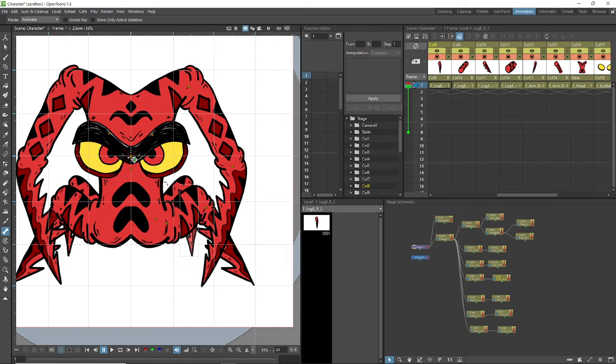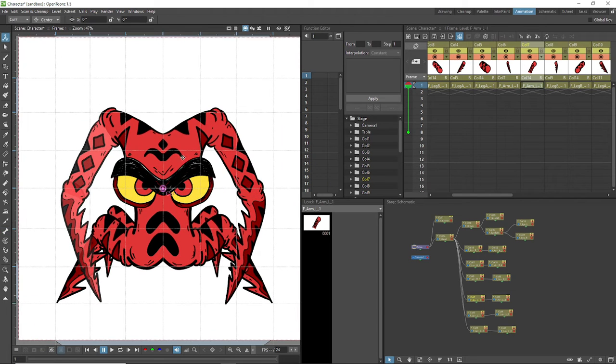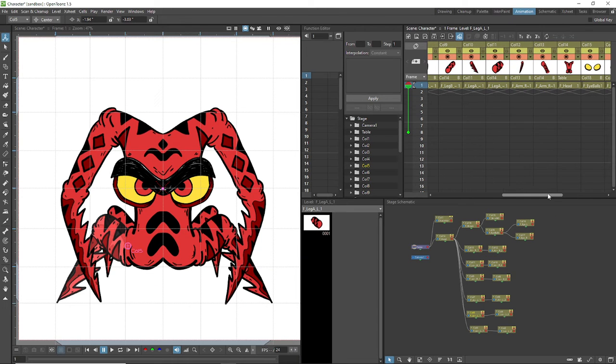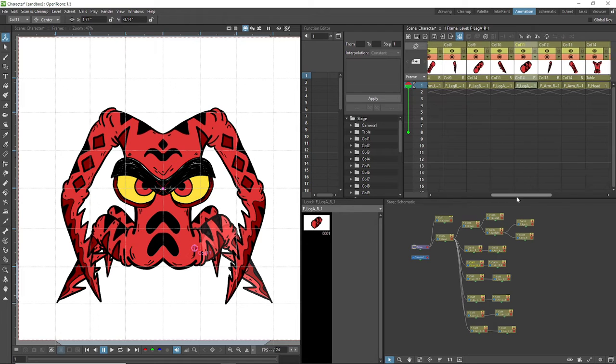Let's see. Oops. Let's do the rest. Center. Right there. Should be right here. I'd like this to be about the same spot, same right there. Okay, same spot as the other side, especially this one, because once you animate it and then you have your